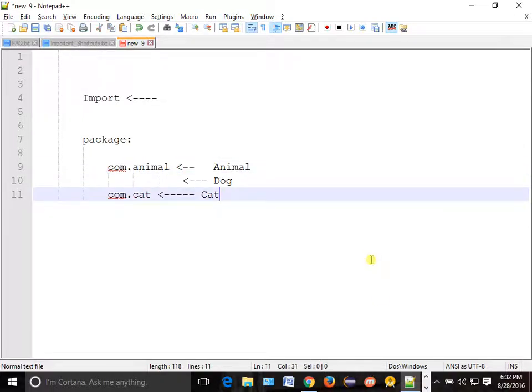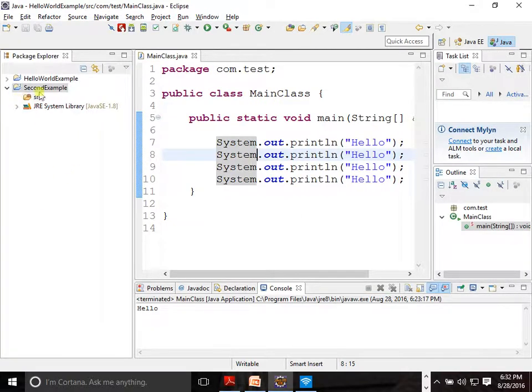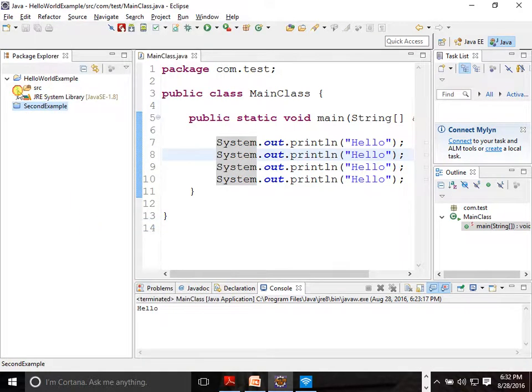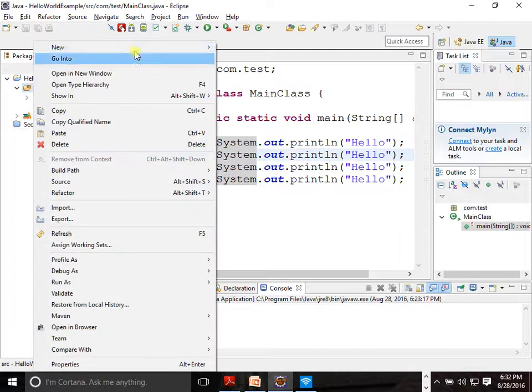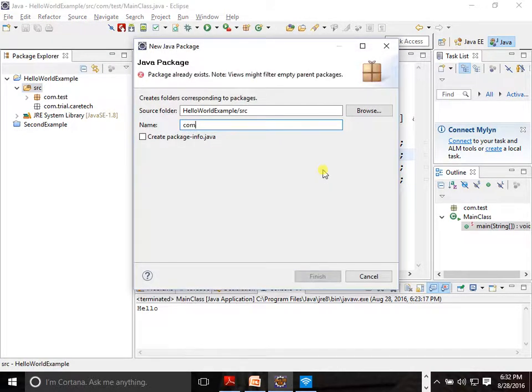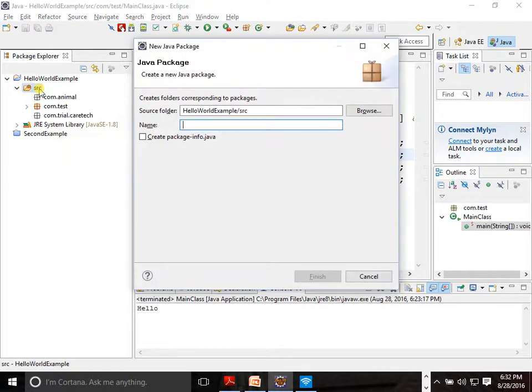So let's go over there in our Eclipse, and we'll try to create one package. Okay, so I'll just close this first one. We'll work with the hello world only. Suppose I want to create one package called com.animal. What is the other package we want to create? com.cat.